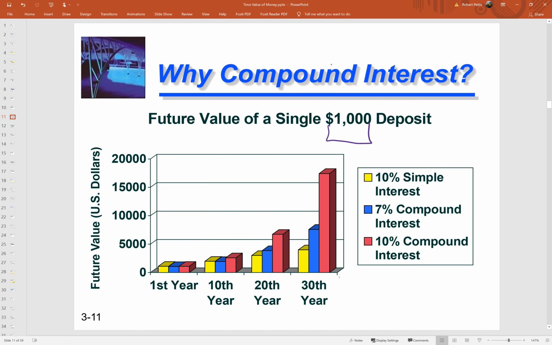But if we introduce compound interest, even at a lower rate, so compound interest is basically allowing us to earn interest on the interest. So we're not just earning interest on the principal like we are in simple. We're getting interest and then we're earning interest on that interest. So even at a lower rate, we see it overtake the simple interest rate. And at the same rate of 10%,